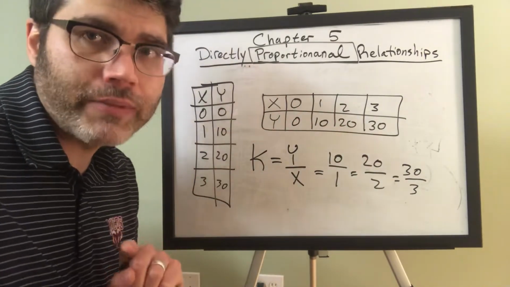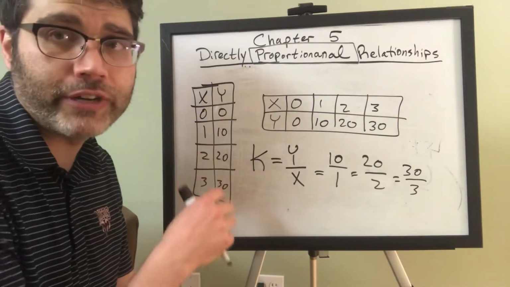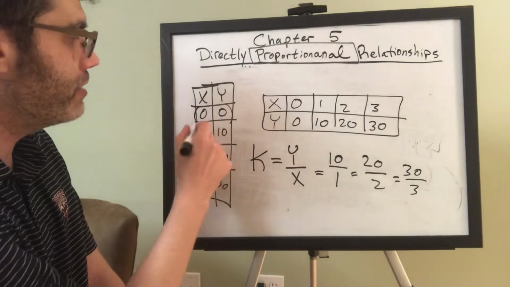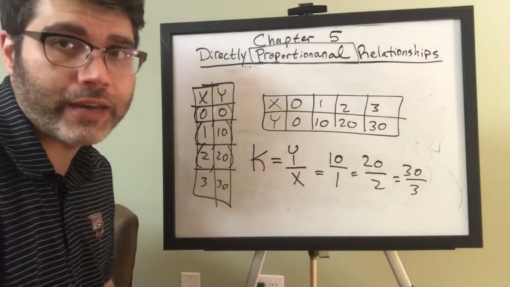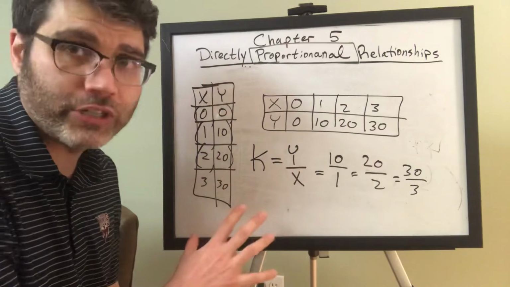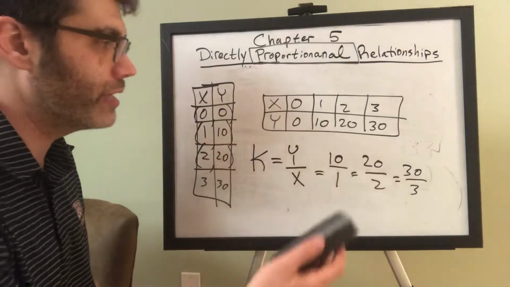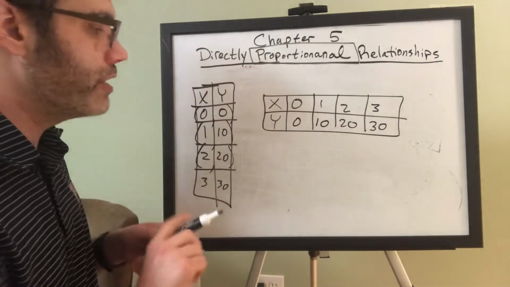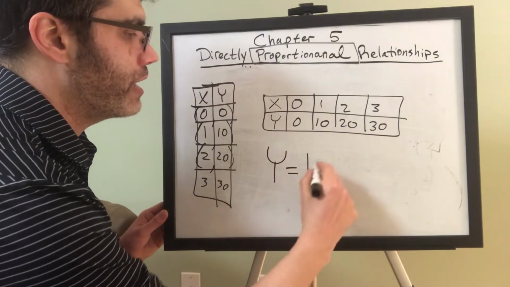The other thing I want to talk about is not only have we created tables and created graphs from those tables by plotting these points, remember all of these points are coordinates that you can actually plot on a graph in a straight line. The other thing that we're going to be doing is representing these relationships in an equation. So you can represent this relationship in an equation that I'm going to show you right here. The equation that we're always going to be writing is y equals kx,